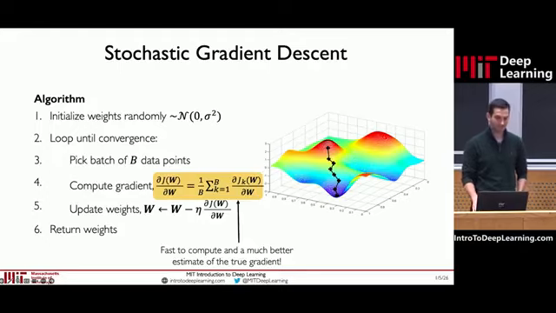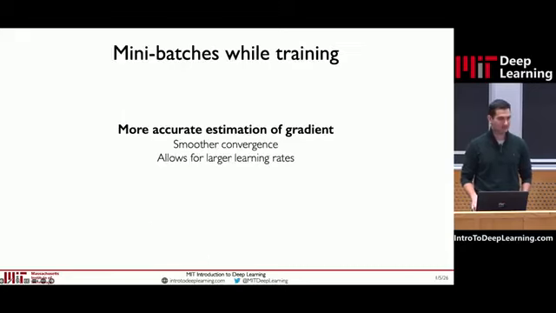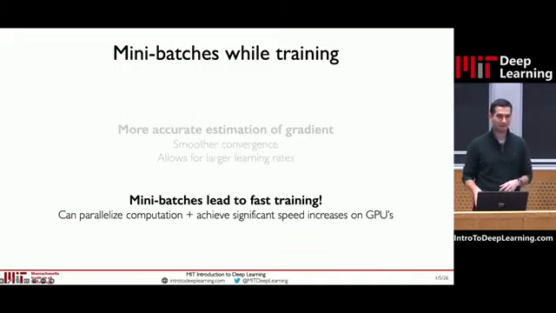Now, B is normally not that large for most problems. Like I said, this is usually on the order of tens, hundreds, and even this gives you a pretty good estimate of the gradient for most problems. This increases the accuracy. That's going to be much more accurate than SGD, stochastic gradient descent, that's only looking at one point, but it'll also be much more efficient than computing it on the whole data set. So it's this nice balance, and you can actually control the balance yourself by controlling the size of the batch.